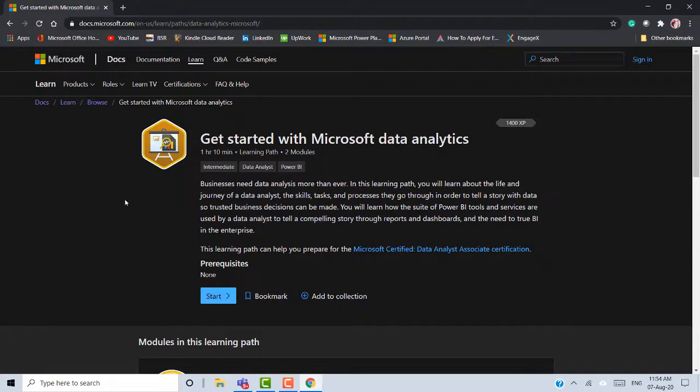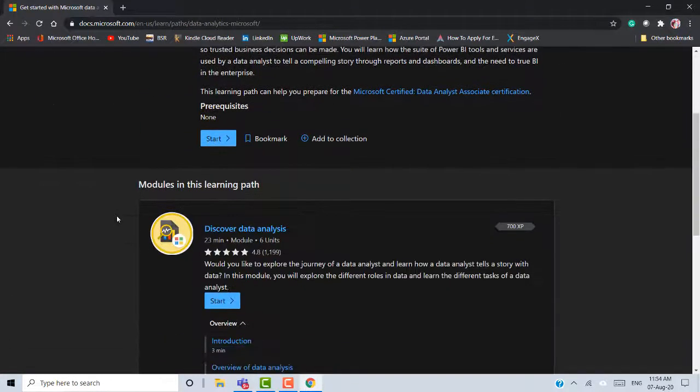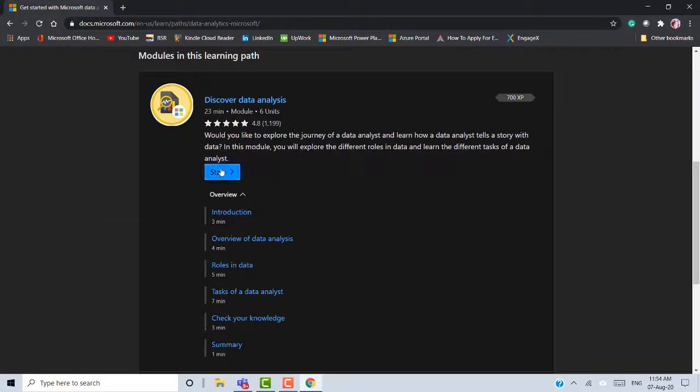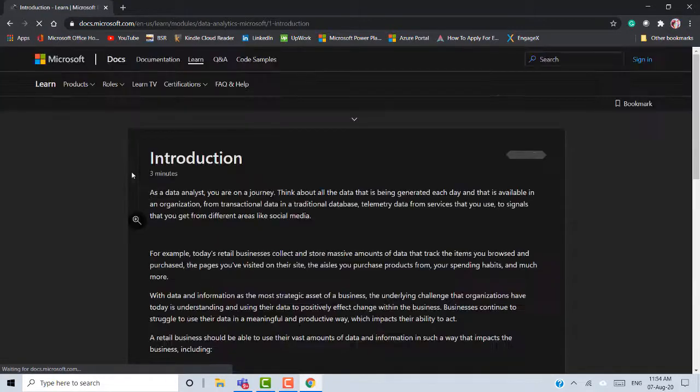Okay guys, so please explore this tool and explore this service by Microsoft. It's very useful and very informative, its content is very rich, and their way of explaining is also very good. I'll just show you one of the modules inside that.